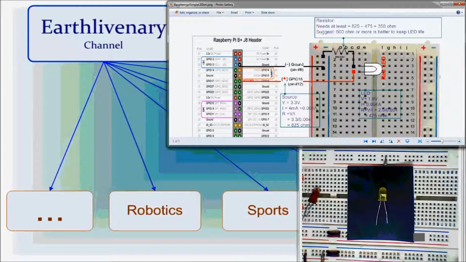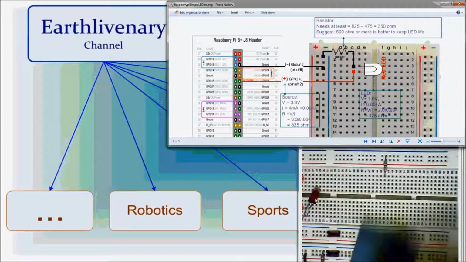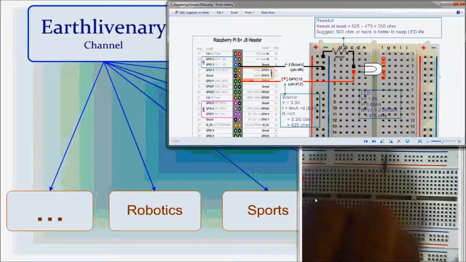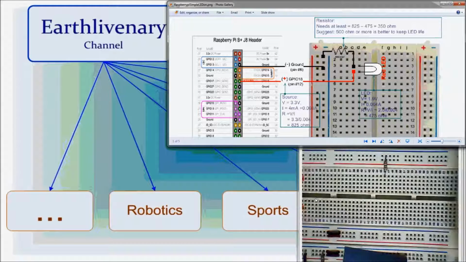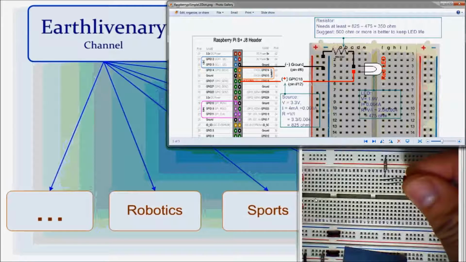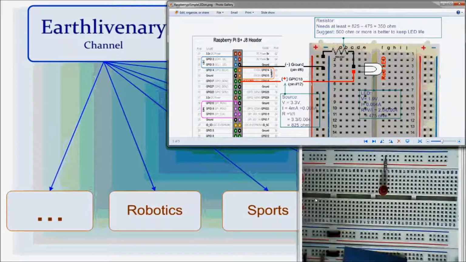Now, back to the circuit. I use the red LED as my example, and now I set the red LED into the circuit. You have 2 pins, one long leg and one short leg. See here, this one, the long leg is for positive, at line 45, and the short leg is for negative, at line 47.